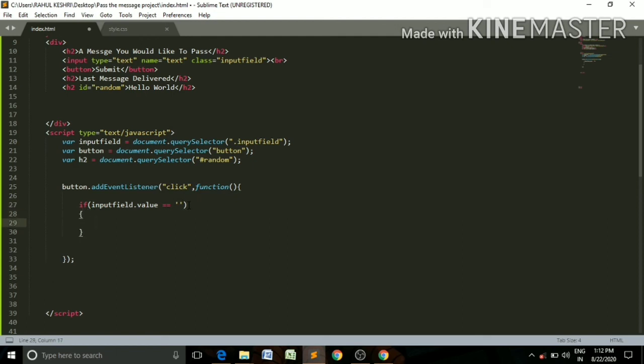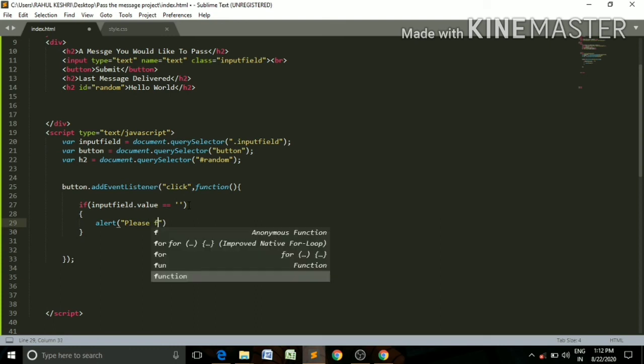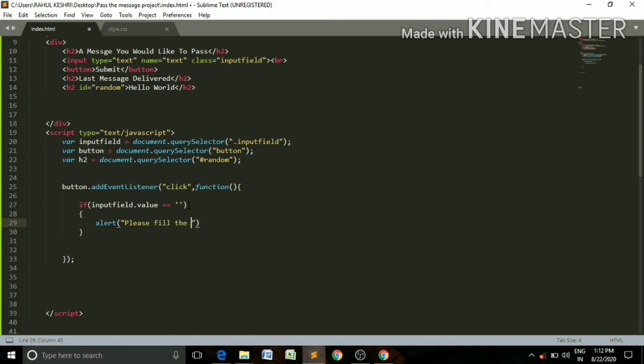Now here we write an alert message. We will show an alert message, and here we write: please fill the input field.